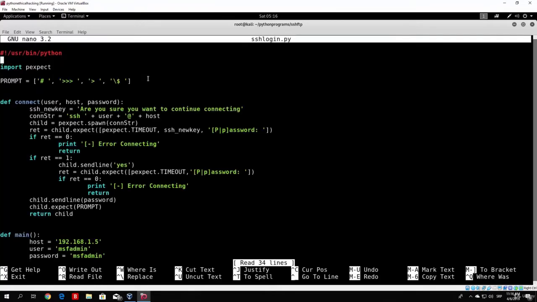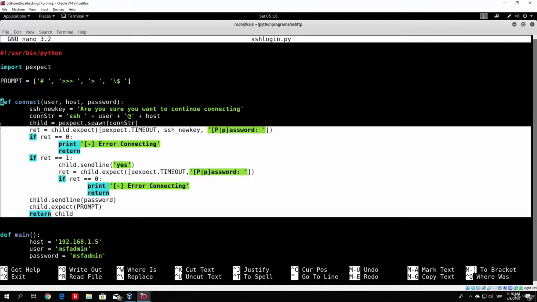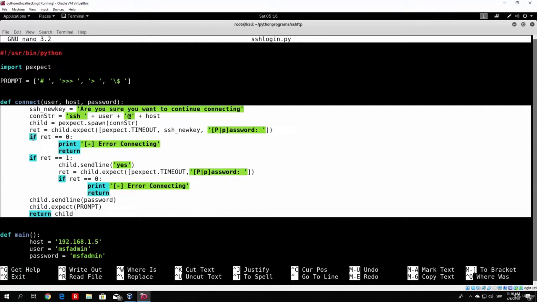So let us navigate to our Python programs, SSH FTP. There I have my ssh_login.py. Now let me just zoom this in so you can see everything better. Okay, let's nano ssh_login.py. All we have to do right now, since in the previous video we coded the connect function, which should successfully connect to the target,